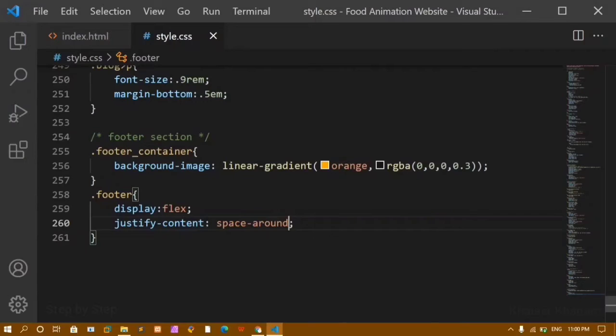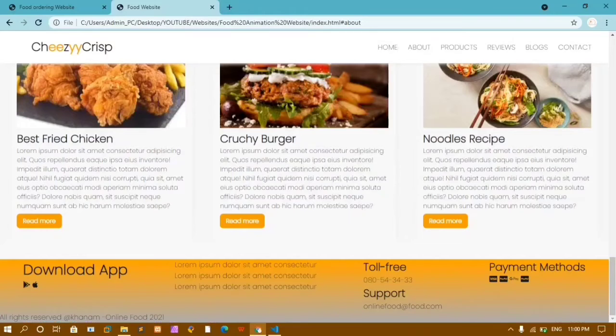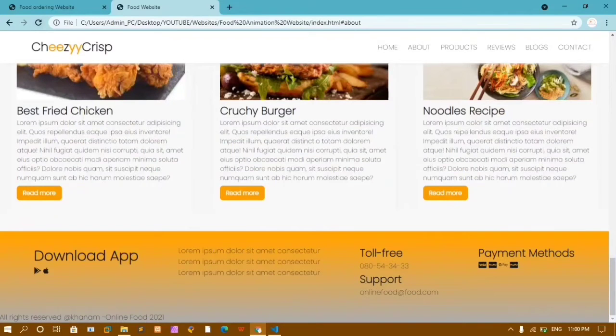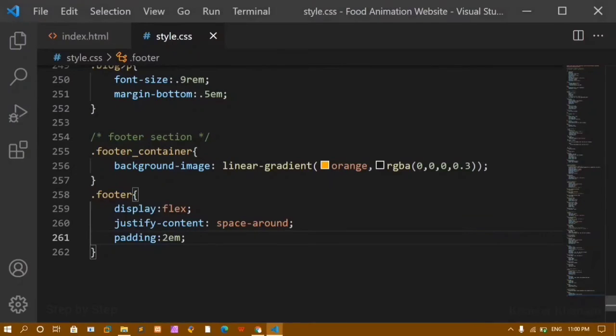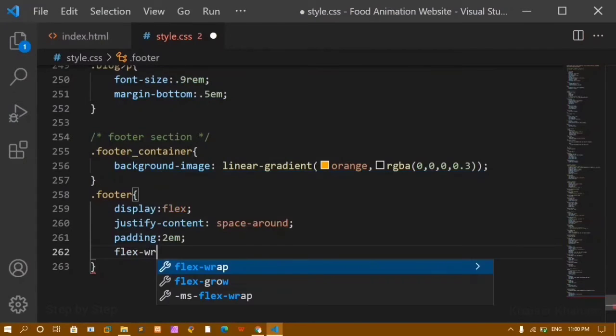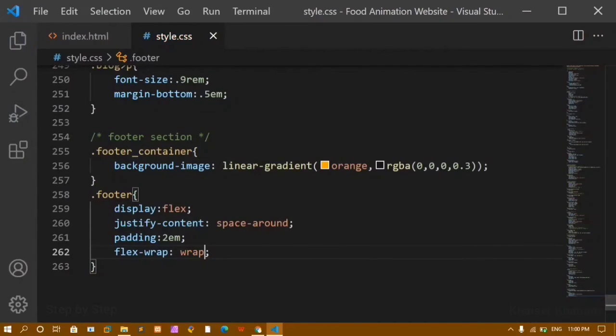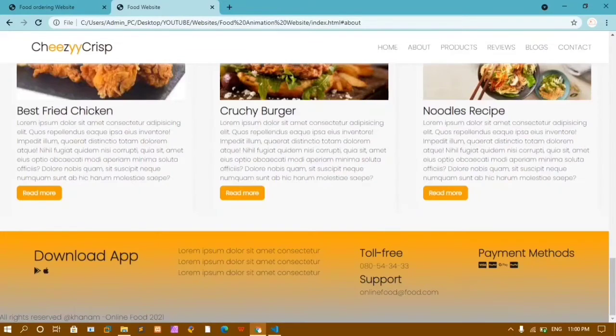So to give some spacing, let me just give padding of 2em on all the 4 sides. I will save this. I will come here, I will refresh this one. Now you can see I got padding of 2em on all the 4 sides. And also I am going to give one more property, that is flex wrap to be wrap. I have already told you why we are using this one. I will refresh this one. Now it is not going to work because everything is properly fixed, but in smaller screen devices